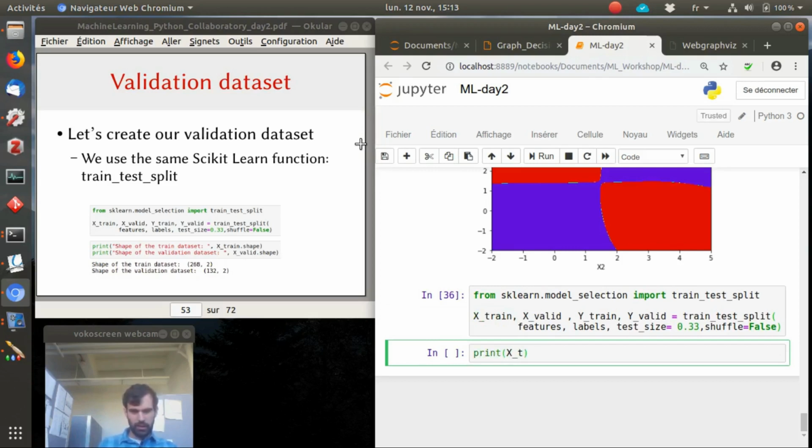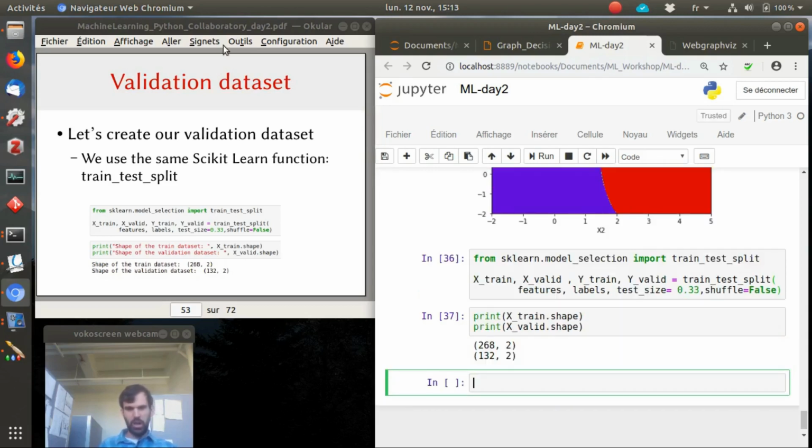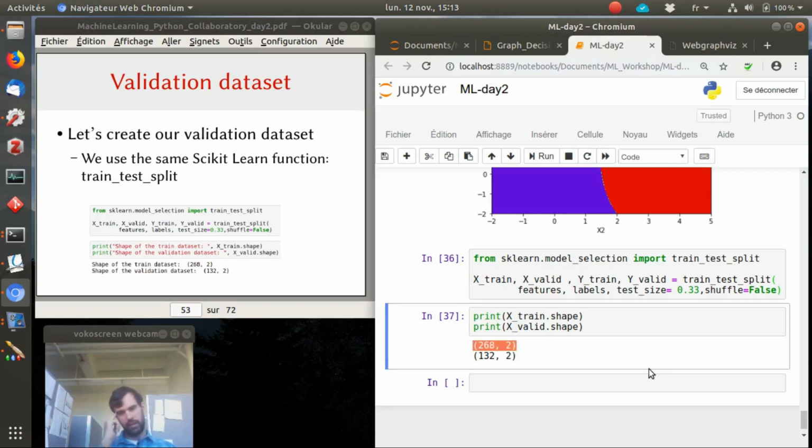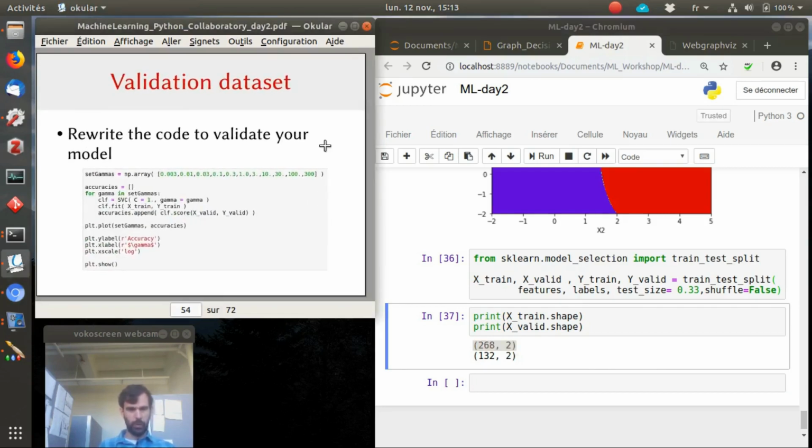print x train dot shape, and here the x valid shape. So here you have your data. I have 268 rows and 132 for the validation dataset. Okay, so we're going to do that and assess the performance of our model while we are going to search